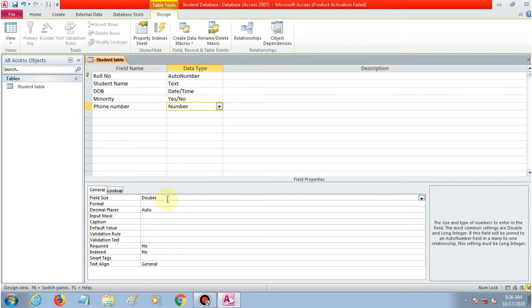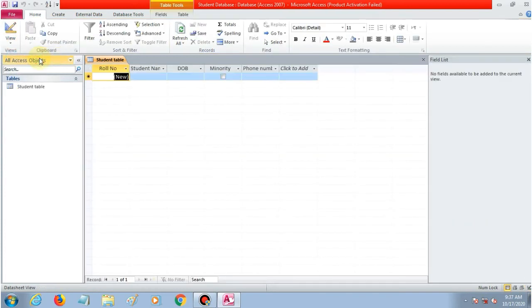Okay, so after giving the fields and data types, we have to right click on this student table and click on save. Then click on view and then click on datasheet view. Now here you can see the roll number field, student name field, date of birth, minority, and phone number.